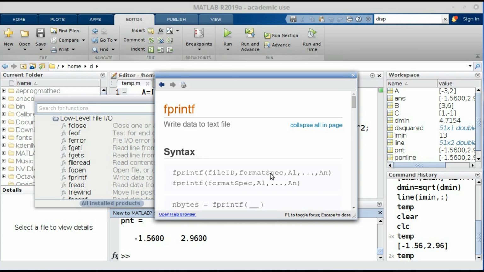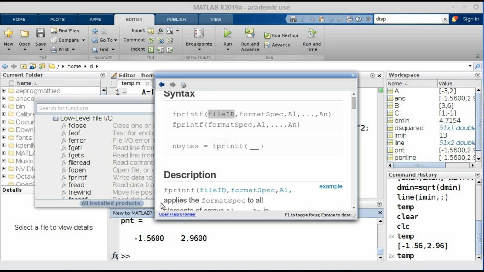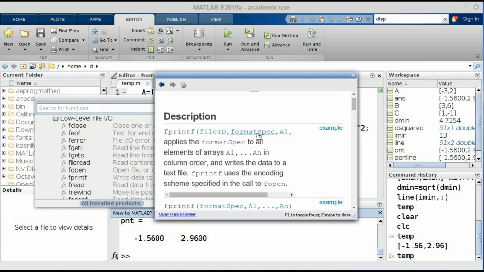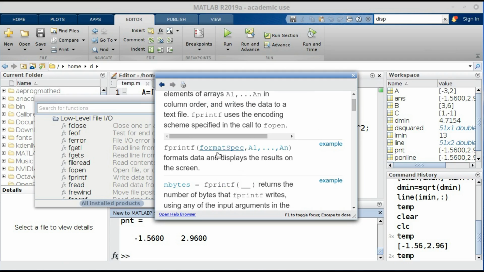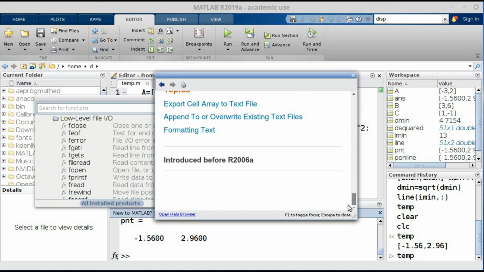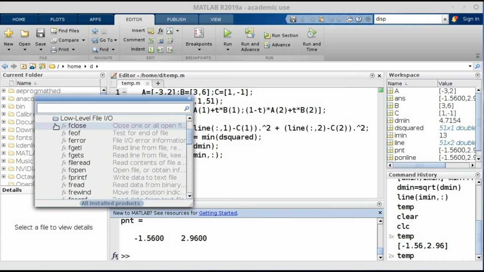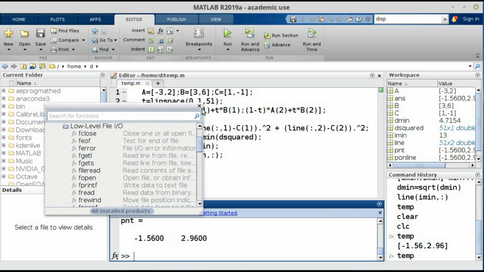Okay, and we've got two main syntax here. One's got a file ID. When we print down, we'll see we're not really writing to a file, but we're writing to the console. So we don't want the file ID. So we want the console. And we can go on down, and there's a lot of stuff to read here about printing. And make sure you check out See Also, because there's other ways of outputting data, mainly this DISP. Or fwrite will write binary data. So anyway,